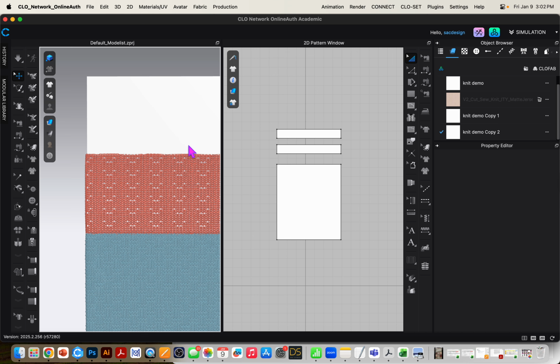Hey Lisa, I'm playing with the new knit stitch editor tool in Clo, and I just wanted to show you